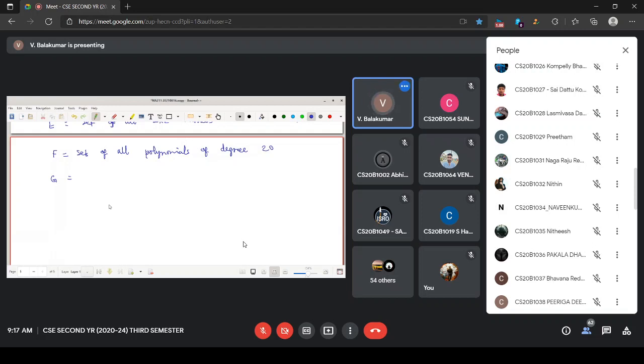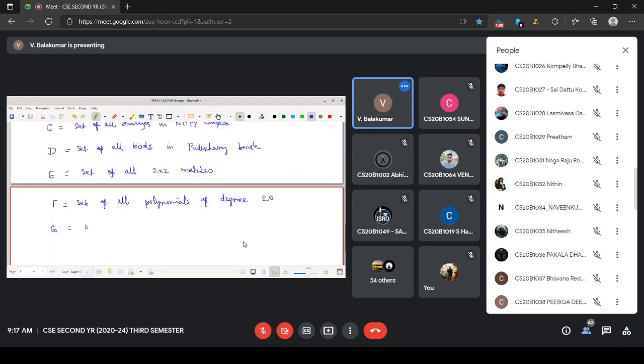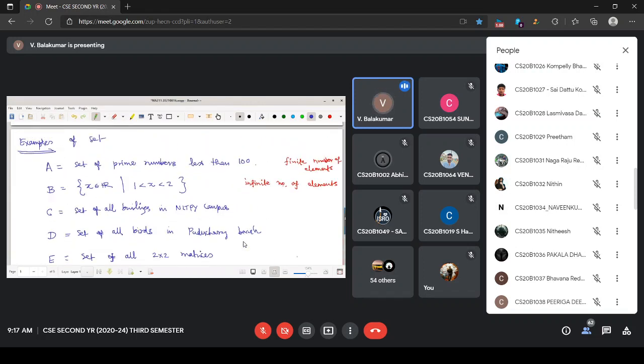Some more examples you can add, whether mathematics or non-mathematics. Set of all... Oh, we should not use set. We are defining it. Let us use collection. Maybe from the next class we shall use the term set. The reason is that we are just defining. Since I have been using it for so many years, by mistake I have done it.